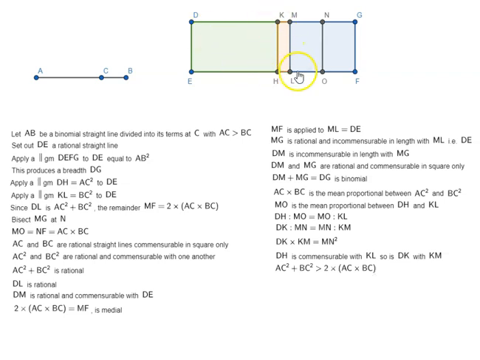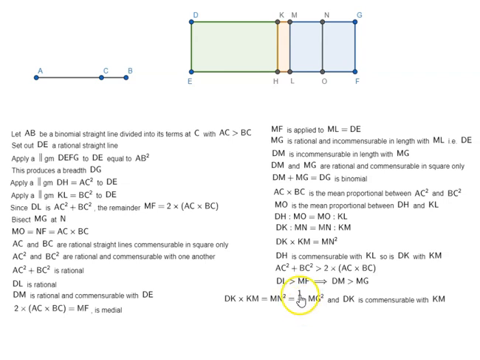That means DL is greater than MF, which implies DM is greater than MG. Again, based on one of our previous propositions, DK by KM is equal to MN square, which is equal to